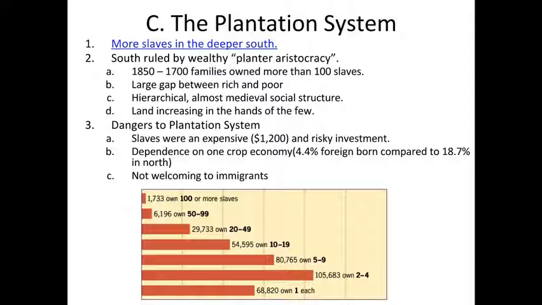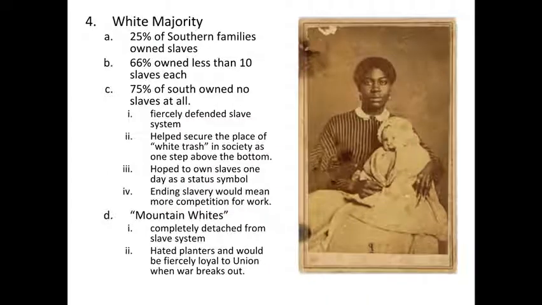So again, that comprised mainly those people who were poor farmers, or people who did not own specifically property, but they had land. So again, you had a lot of people who were in a poorer position, and the upper class people who owned more slaves were a very small percentage of the population. All right, so white majority in the South, 25% of Southern families own slaves. So again, very few people own slaves.